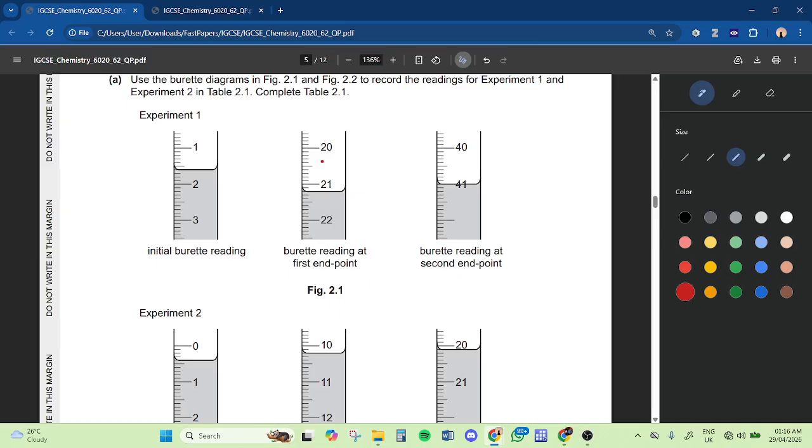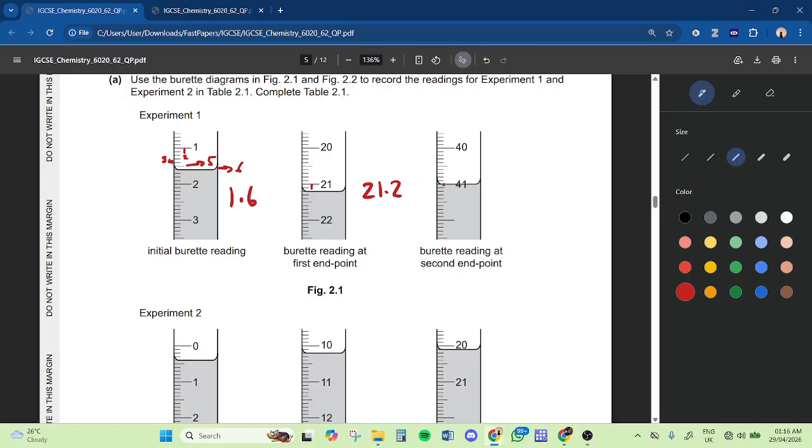Use the burette reading diagrams in figure 2.1 and figure 2.2 to record the readings for experiment 1 and experiment 2 in table 2.1. So let's take a look at what the reading is for experiment 1. Counting from here, this is 1, 2, 3, 4, and this large bit is going to be 5. So this means that this is 6. Counting from 1 and going down, this is going to be 1.6. Same thing over here, 21. This is going to be 22. So this is at